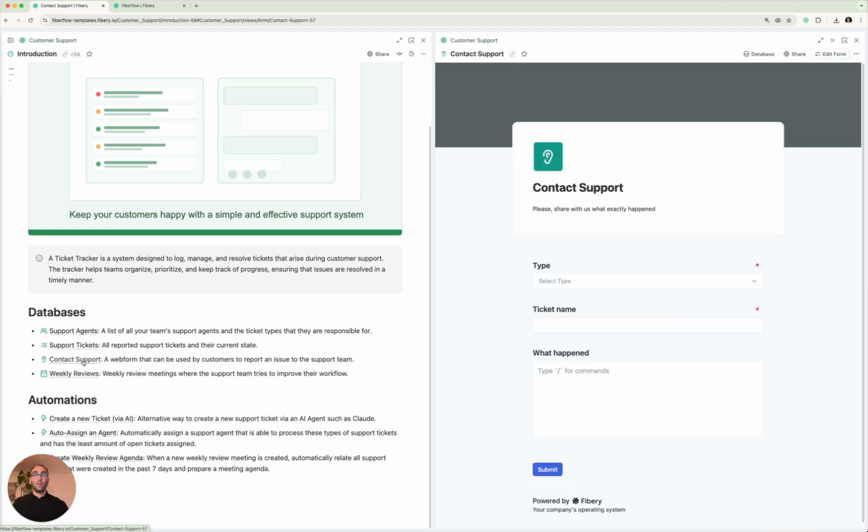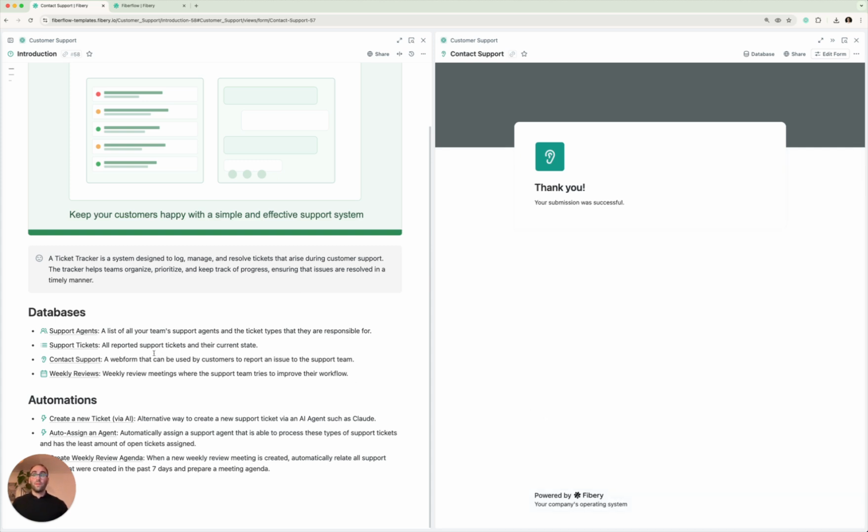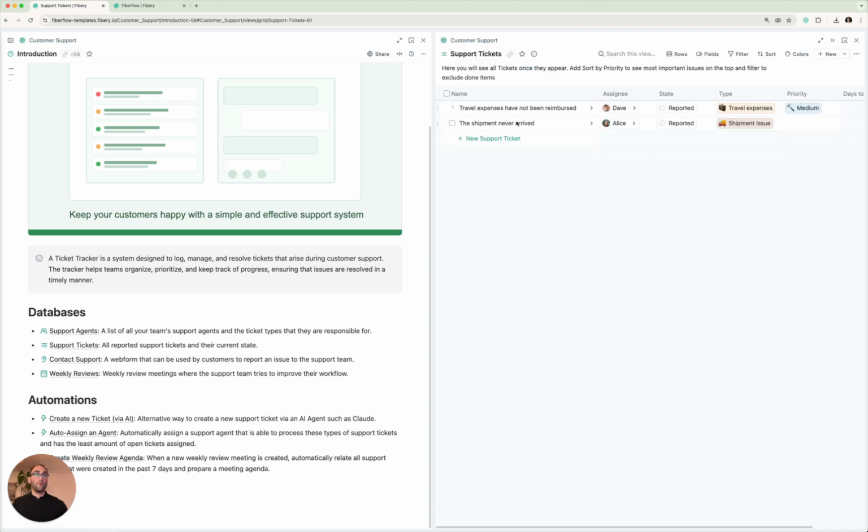Now, how do customers report support tickets to us? Well, they use this Fibery web form where they can say which type of issue it is. For example, we have a shipment issue because the shipment never arrived. Now the customer can submit the ticket, and it should show up in our list of open support tickets. Now, as you can see, Alice has been automatically assigned to this new ticket, and we want to find out